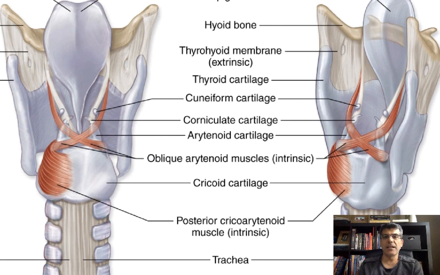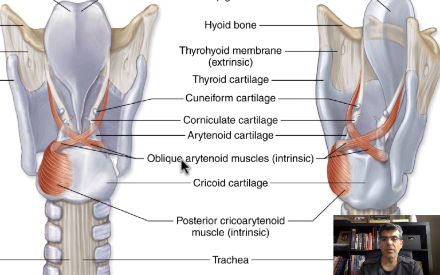The last thing I want to tell you about larynx, and then we're going to move on, would be some muscles that you have in the larynx region. I don't think you have to memorize the name of all the muscles that you have here. However, there are a couple of muscles that probably you want to know. Those are the muscles that control your arytenoid cartilage. Because remember, when you control arytenoid cartilage, you can control your vocal cord. Therefore, those muscles that are in contact with arytenoid cartilage would be important.